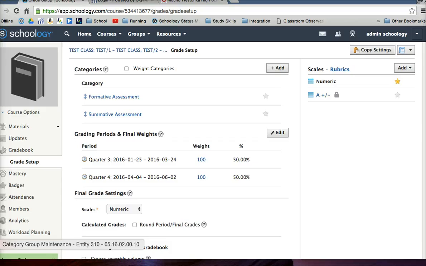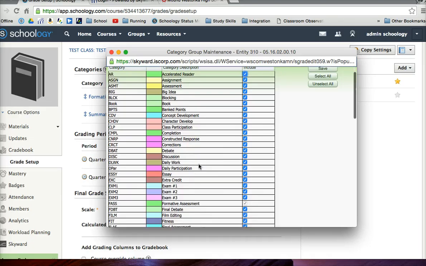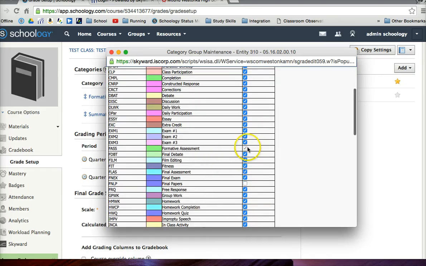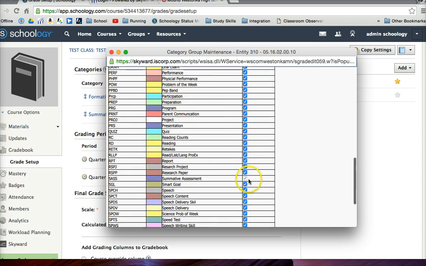Because it's the end of first or second semester and third quarter has already ended, I can't make these changes, but I'll demonstrate this again closer to the start of the school year. But if I go ahead and open up my Skyward grade section, you can see that I've selected formative assessment, and down here I've selected summative assessment. So those are the categories I set up in Skyward first, and you can check out my other video on